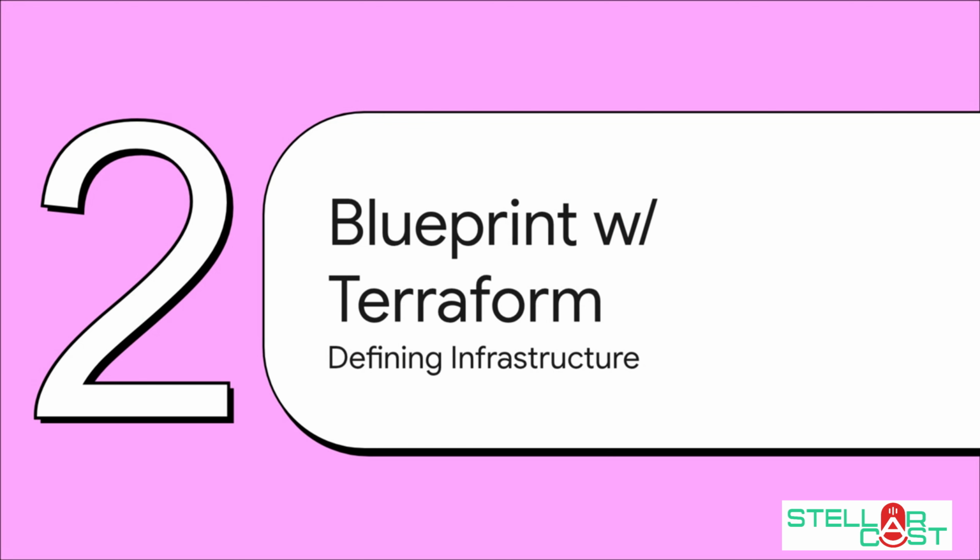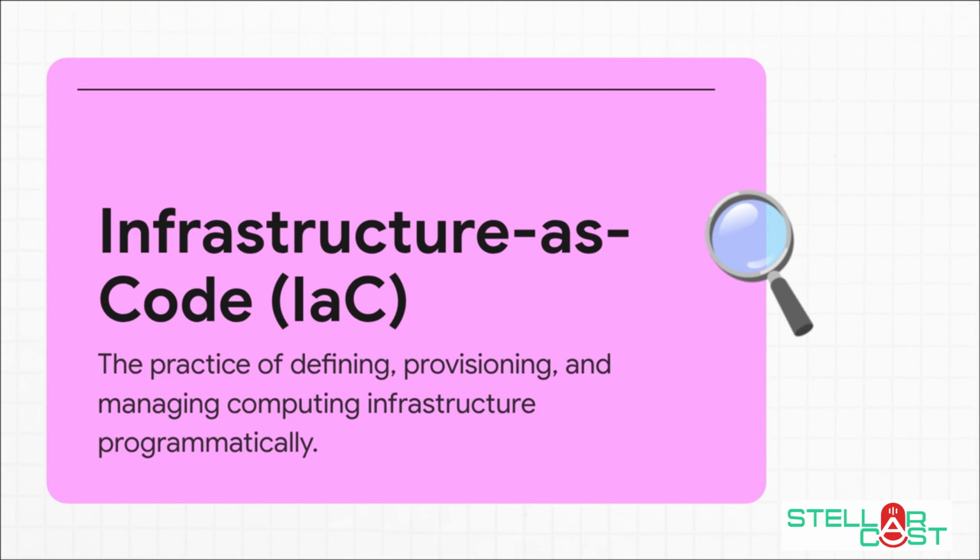So, where does every city start? With a master plan, a detailed blueprint. And in our ML city, that master blueprint is created with a tool called Terraform. It lets us define all the foundational infrastructure before we even think about laying the first brick. Terraform is all about this incredible concept called infrastructure as code. So instead of a human manually clicking around in a cloud dashboard to set things up, you write code. You literally write a file that says, hey, I need a Kubernetes cluster with 3 nodes of this size, or I need a database with these exact specs. This makes your entire setup perfectly repeatable, you can track changes in Git, and it's completely automated.